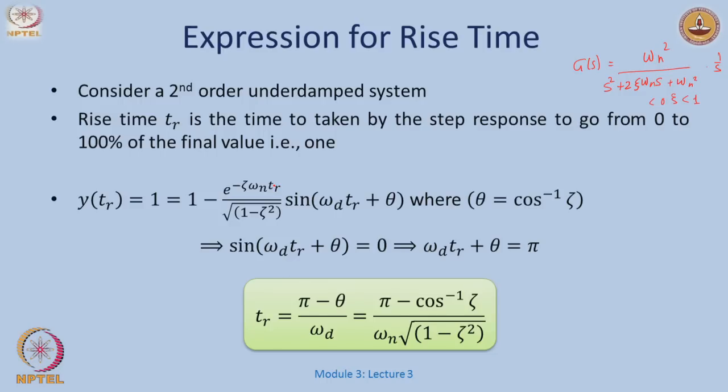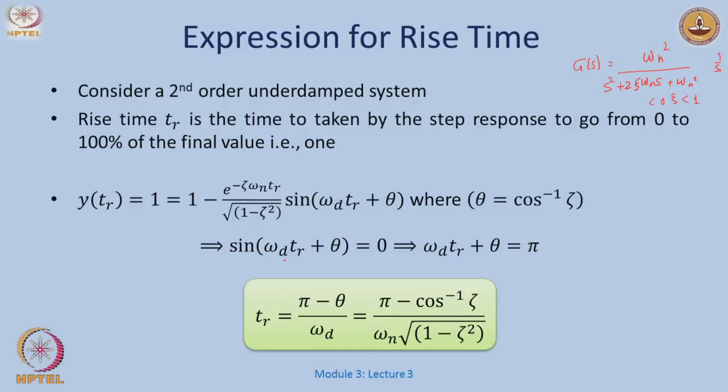So, the reason we have Tr is that the rise time is the time taken by the step response to go from 0 to 100%. This is the 100%, the solution of the equation, and I want to calculate the time t at which it reaches this value of 1. Therefore I replace t by Tr in the solution to that equation. I do this, and the 1 and 1 go away, so I am left with